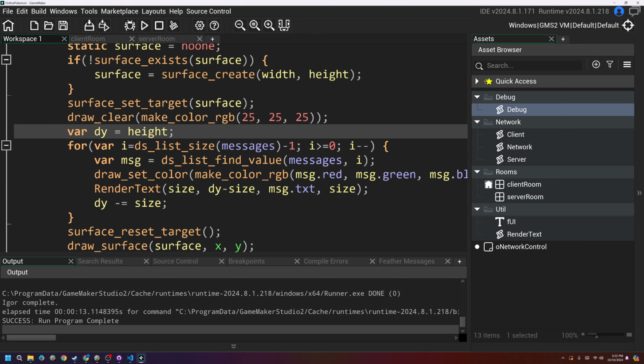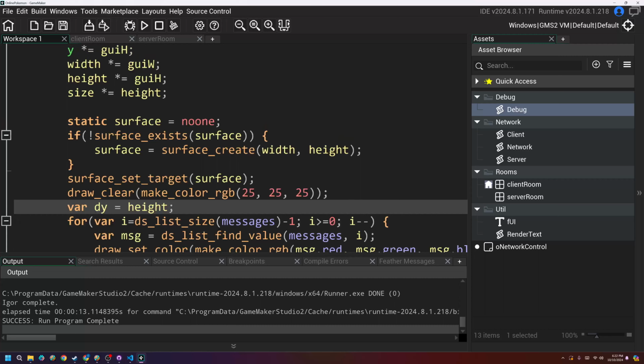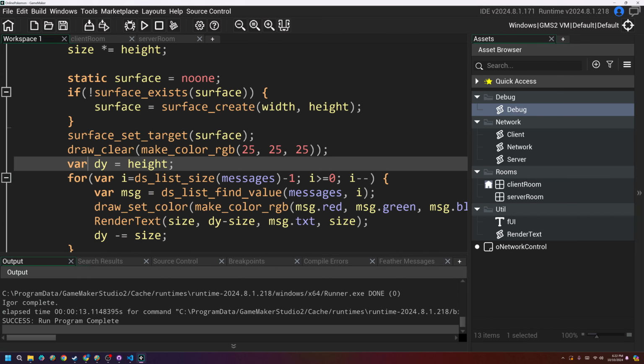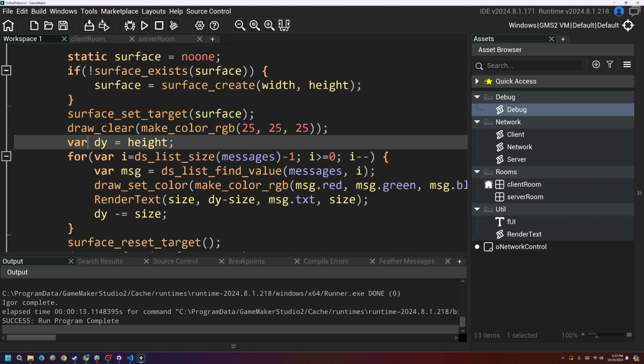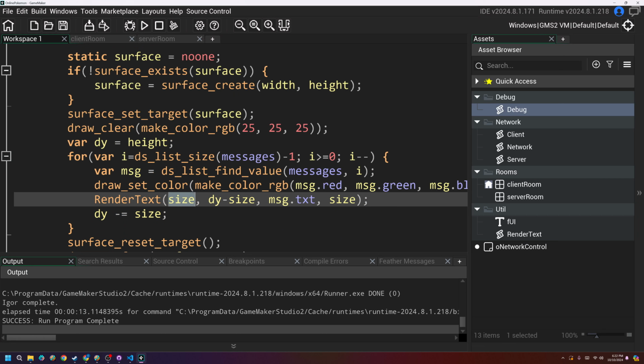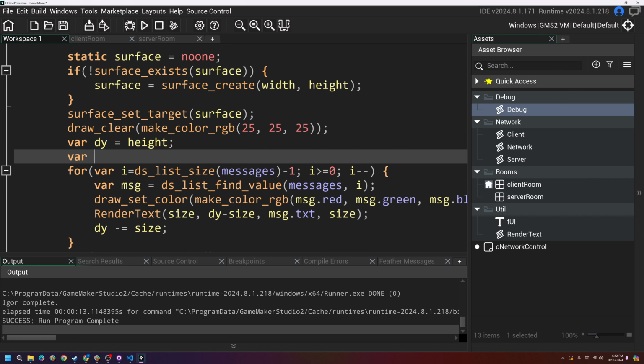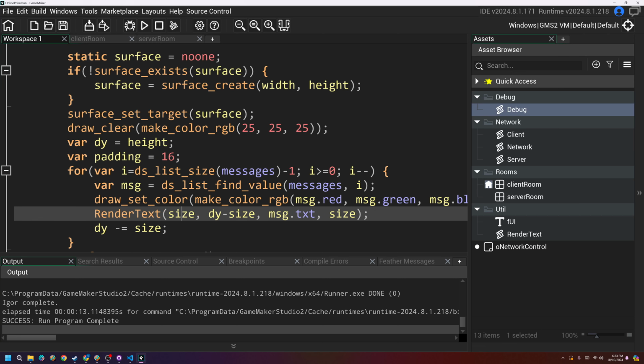I'd like to add in padding as well. We didn't do that before. I think that's under the draw event still. Before we were just doing this weird thing with size. So instead I'm just going to create a var padding, and we'll set that equal to, this could be an absolute position, so we'll just do 16. Doesn't have to be relative. So padding there,